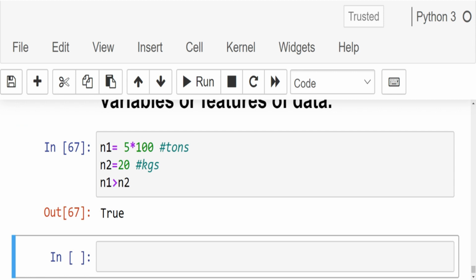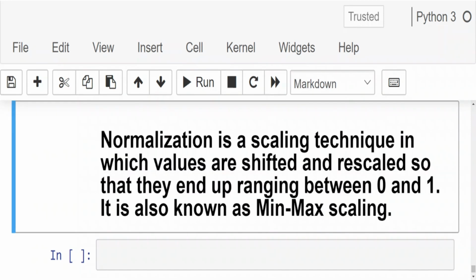Now, there are two types of feature scaling. There is normalization and there is standardization. Now, let us look at normalization. Normalization is a scaling